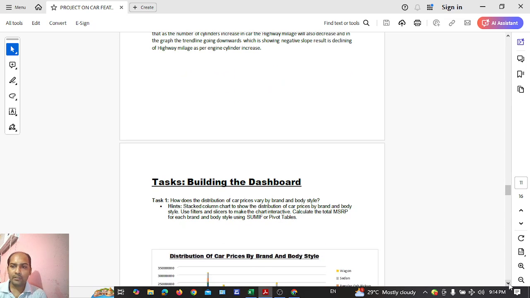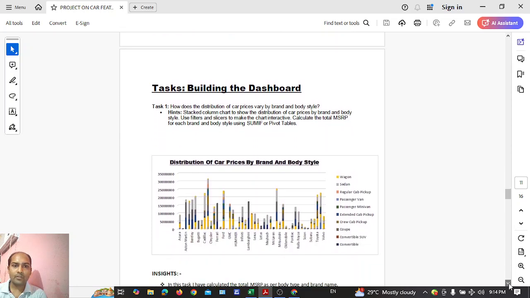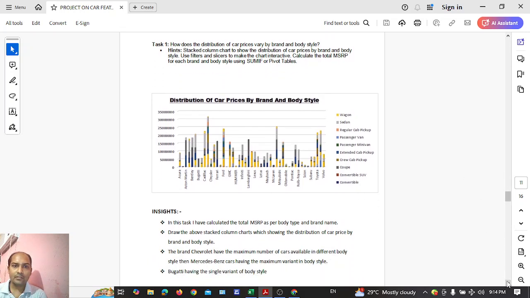Now coming to the next task, where we have to build the dashboard. In this task: how does the distribution of car prices vary by brands and body style? There is also a hint given here. So we have to create a distribution chart which shows the car prices by the brand and body style. Coming to the Excel file,